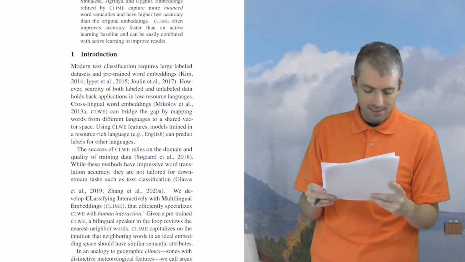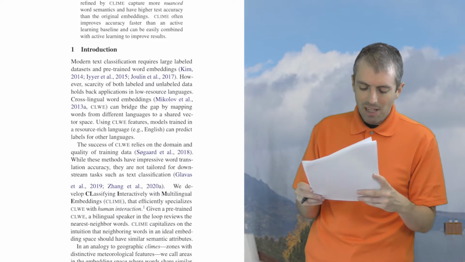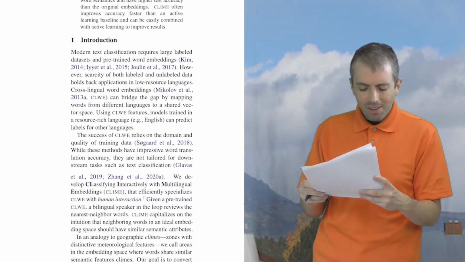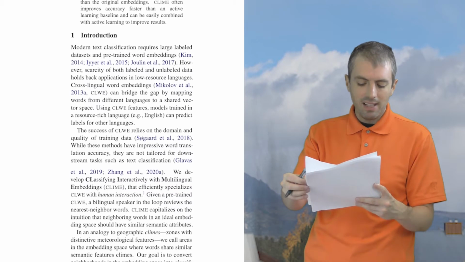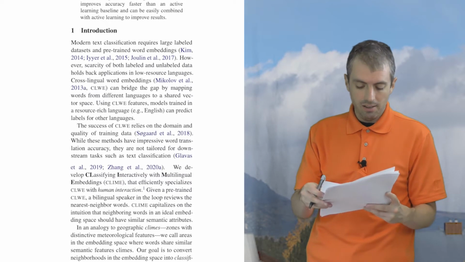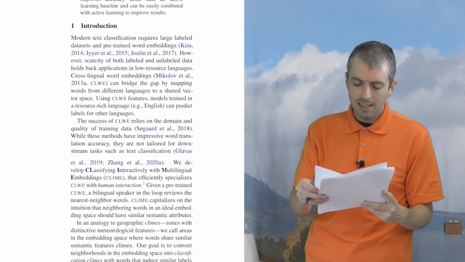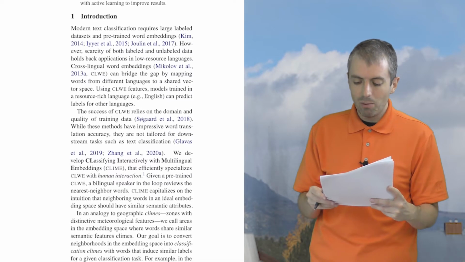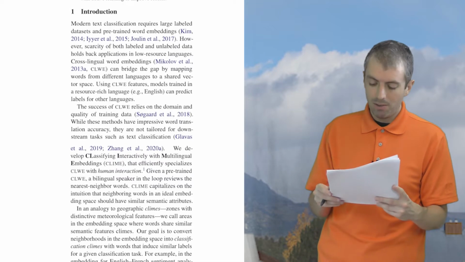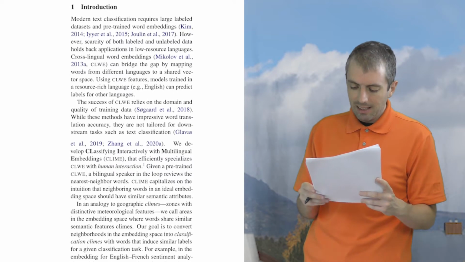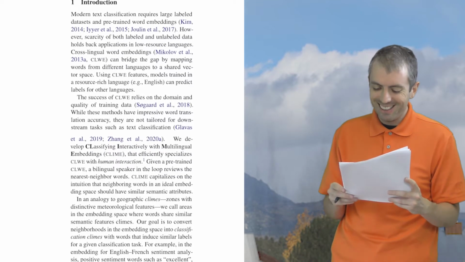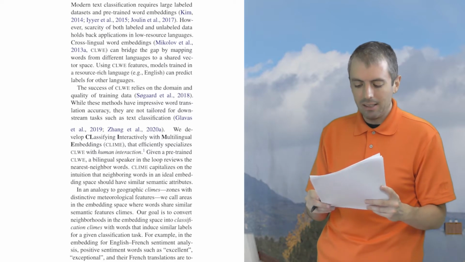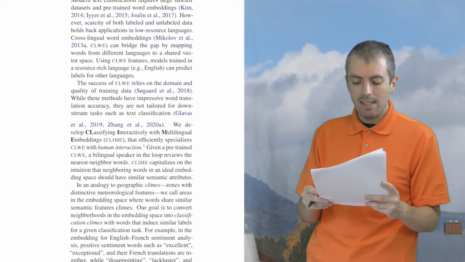The success of CLWE relies on the domain and quality of training data. While these methods have impressive word translation accuracy, they are not tailored for downstream tasks such as text classification. We develop classifying interactively with multilingual embeddings, Climb for short, that efficiently specializes CLWE with human interaction. Given a pre-trained CLWE, a bilingual speaker in the loop reviews the nearest